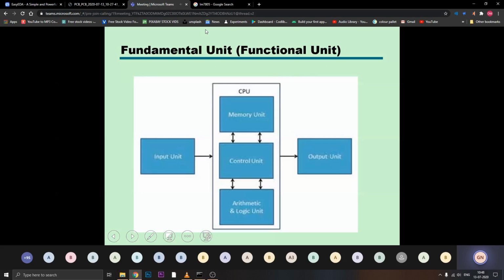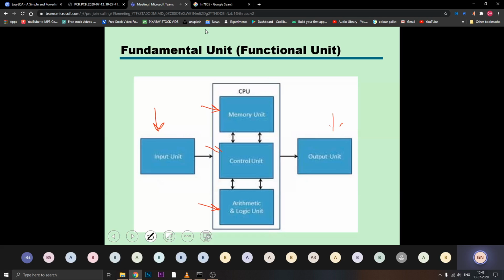Okay, so we will talk about them. And another important thing is the third unit, which is the computer or CPU, the central processing unit. It is made up of three factors. First one is the memory unit, second one is the control unit, and third one is the arithmetic and logical unit.